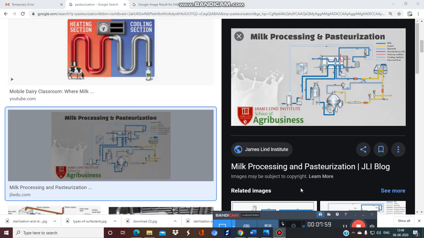Suppose if I ask you, how will we sterilize milk? Yes, you all are right. The exact method is pasteurization, and pasteurization is further developed into different temperature ranges or different methods. So we will cover each and every aspect of sterilization in this unit.